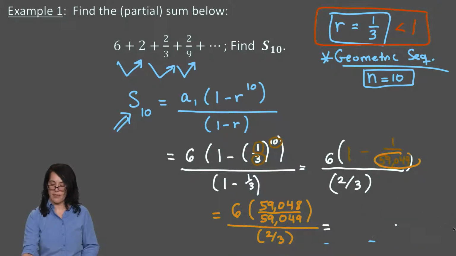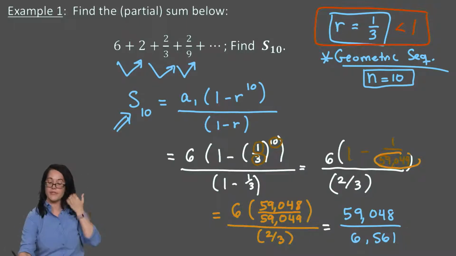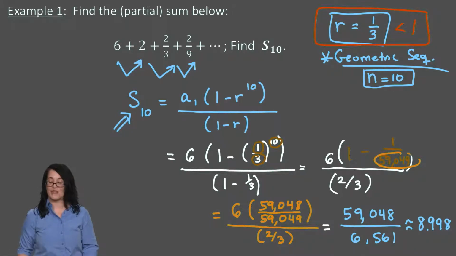Now, what's interesting about that is if we got the decimal, let me show you what that would be really close to. If you take 59,048 divided by your reduced denominator of 6,561. It turns out, go ahead and do it now, go to your calculator and find out what that is approximately equal to, let's say to 4 decimal places. What'd you get? That's right, 8.998, if you will, right? So that's really, really close to 9, and that's just the sum of the first 10 terms of this geometric